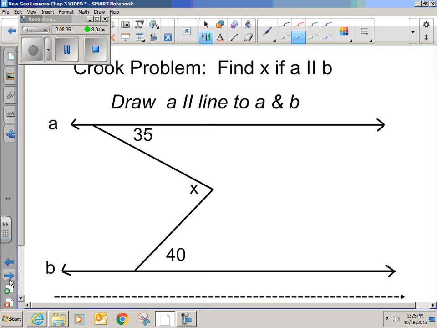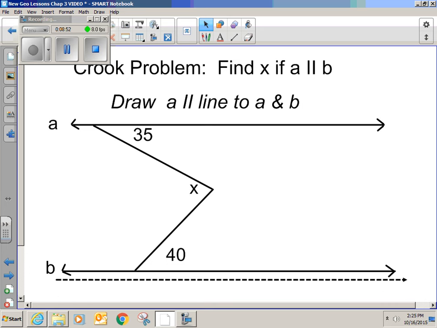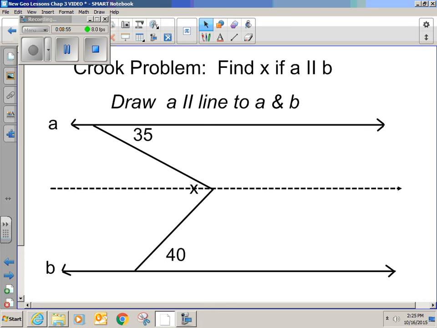Another type of problem is called the crook problem. What we're going to do now in the crook problems is we're always going to draw a line parallel to the 2 other parallel lines through the point at the vertex of the angle that I'm trying to find. So I'm going to draw this parallel line through that vertex that's parallel to both lines A and B. Now you can see I'm going to have in red here a set of alternate interior angles,